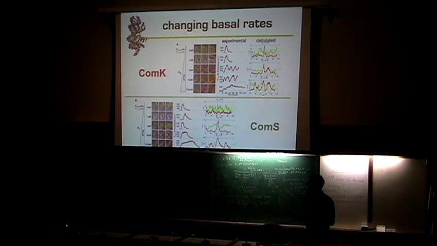And the way they calculate this probability in biology is the probability that you're going to have a competence cycle in the lifetime of a cell. So then